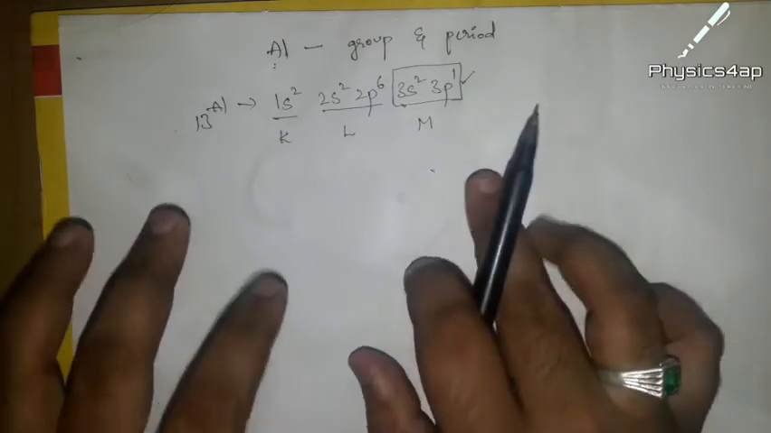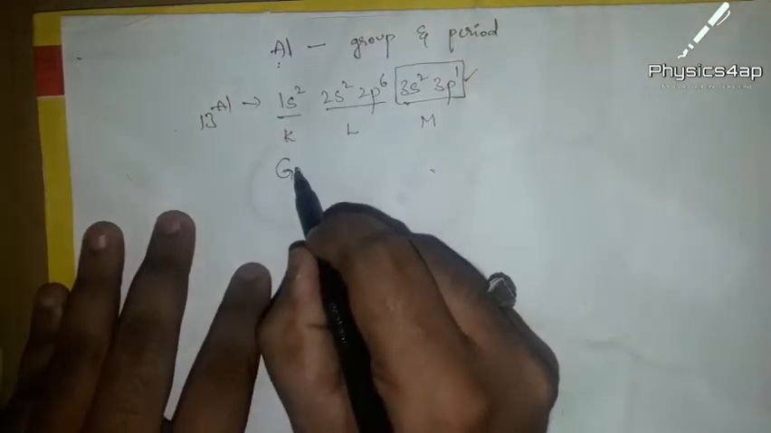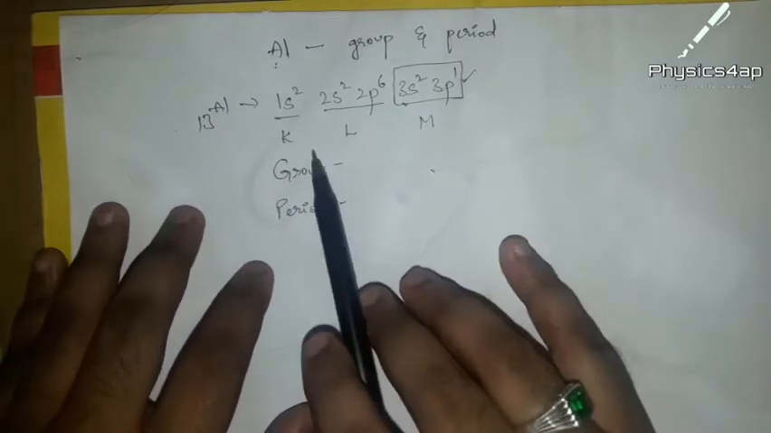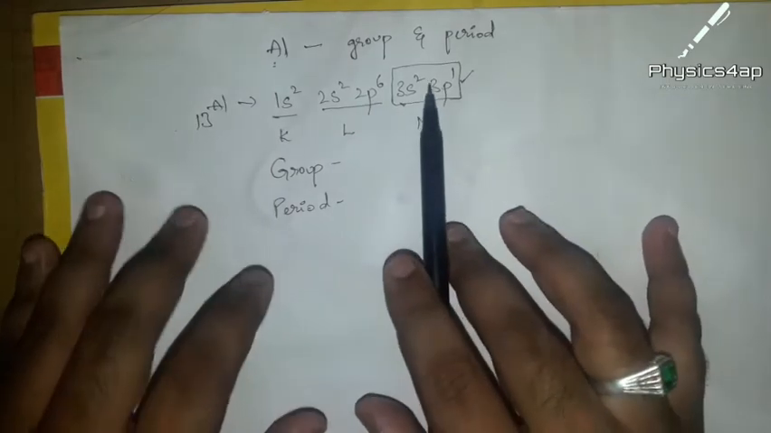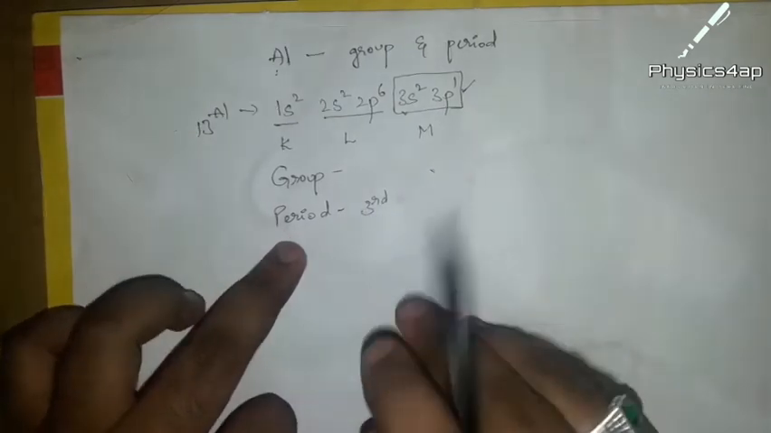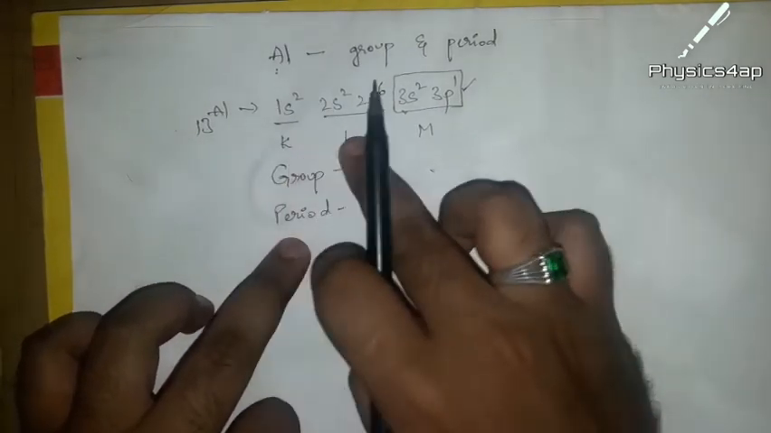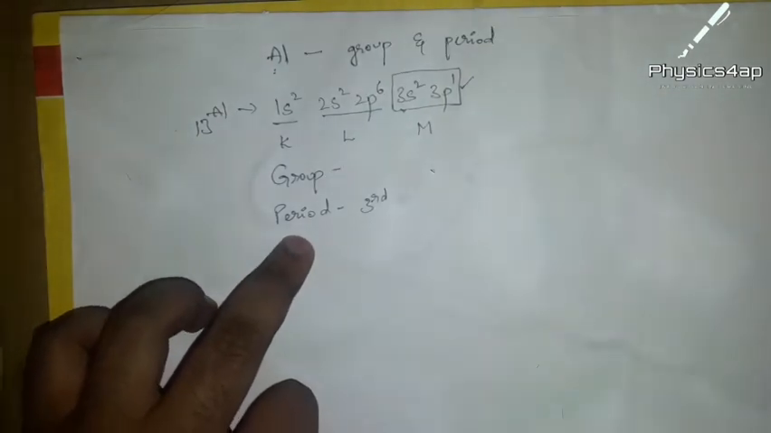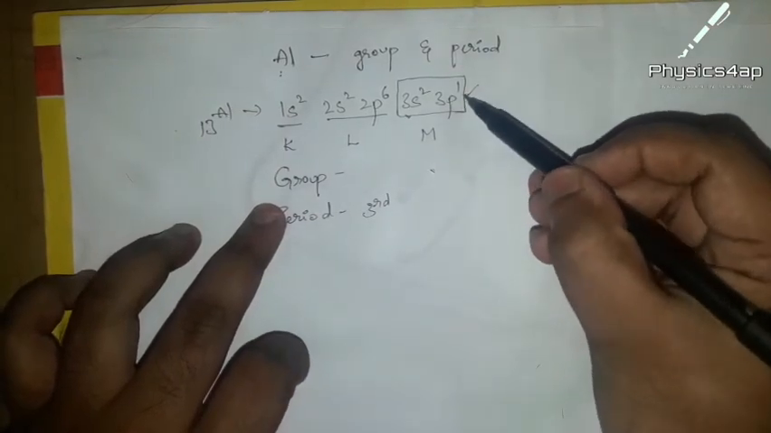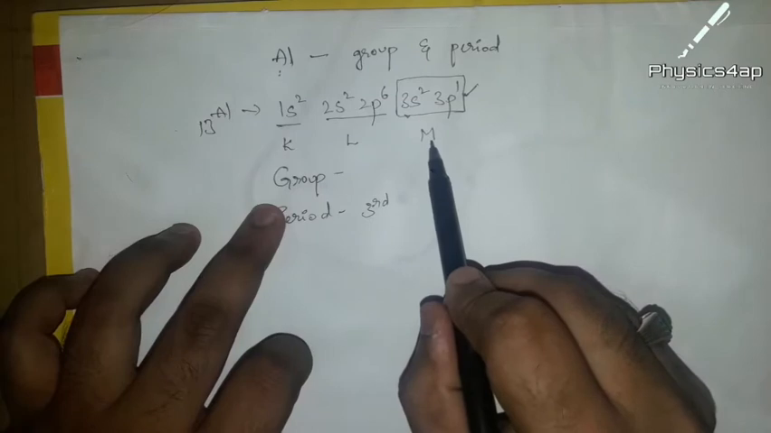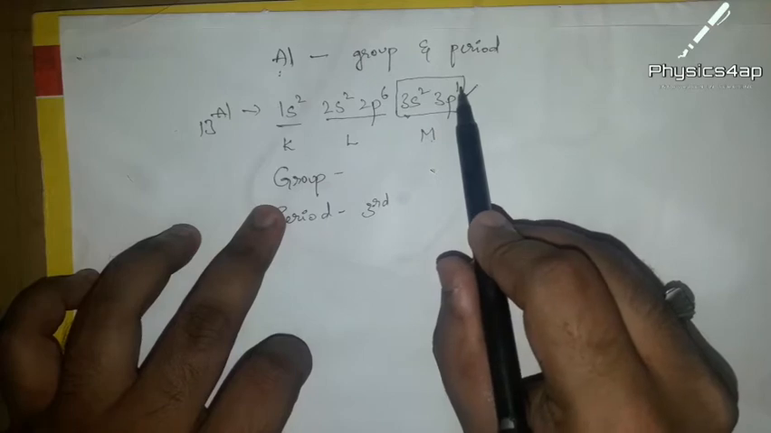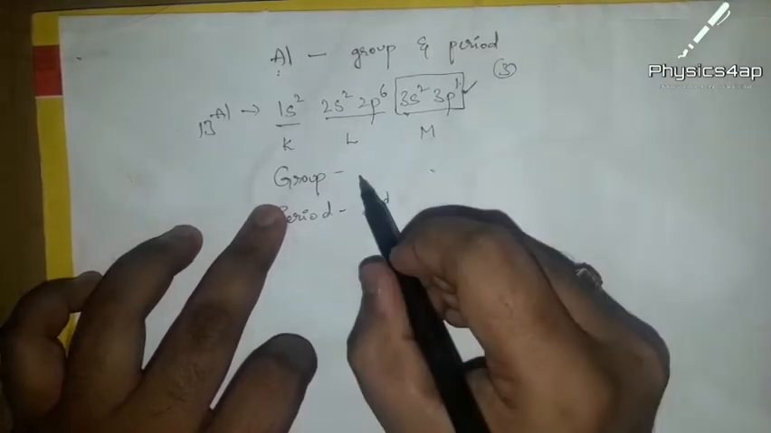Now in this case, first write down the group and write down the period, so that it will be easy for you. Here we have three shells, 1 2 3, so the period is 3, that is, aluminium belongs to the third period, as that is the number of shells present. Now coming to the group, it is the number of electrons in the outermost orbit. The outermost orbit is M, which has 2 plus 1 electrons. 2 plus 1 is nothing but 3. So we have 3 electrons, so the group is